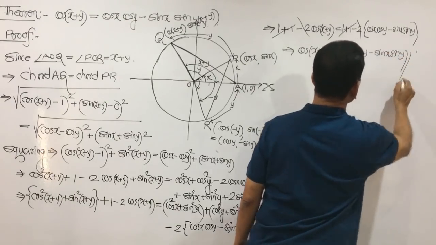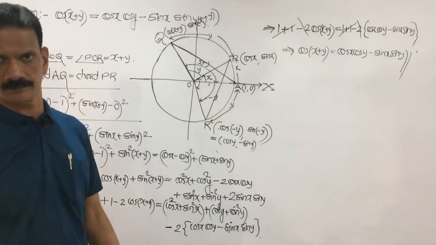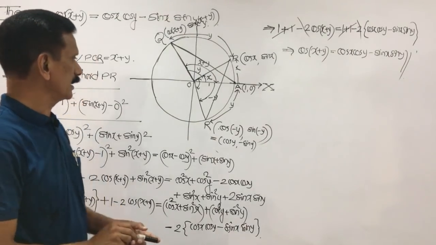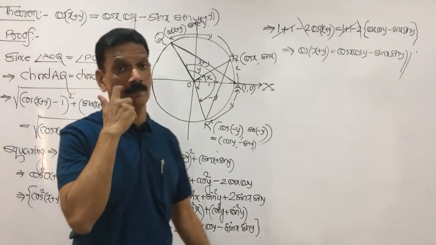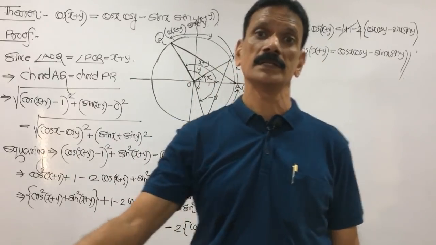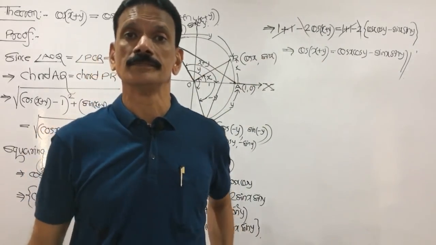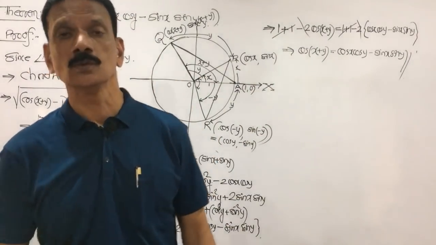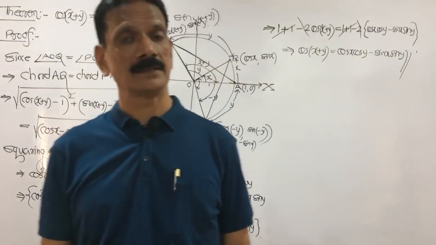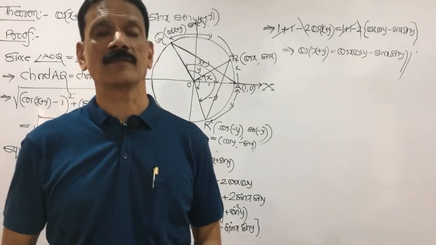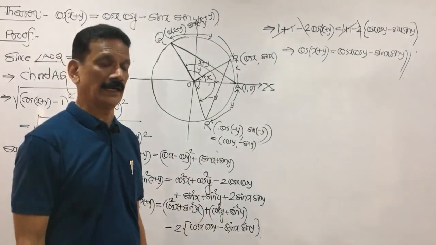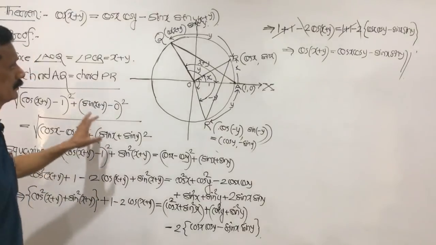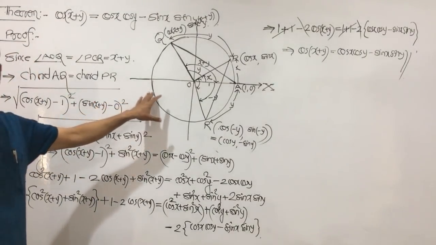Okay, my dear friends, this is your theorem. This is the proof of the theorem, and a very important theorem, my dear friends. Remember this, practice this theorem. First of all, understand it and try to remember it, and practice by writing frequently again and again, and you will become perfect. Okay, so once again I will explain.